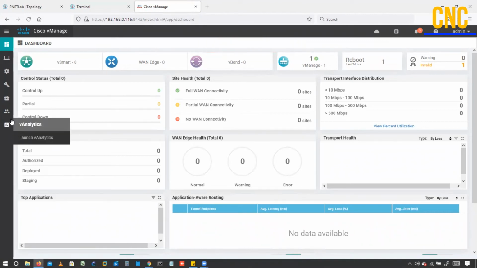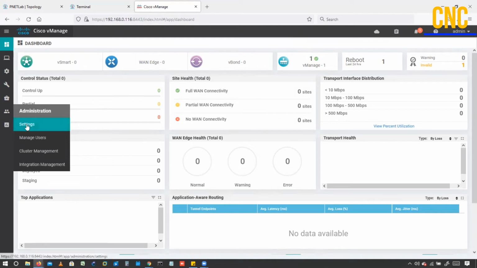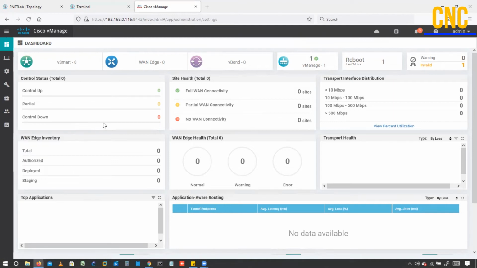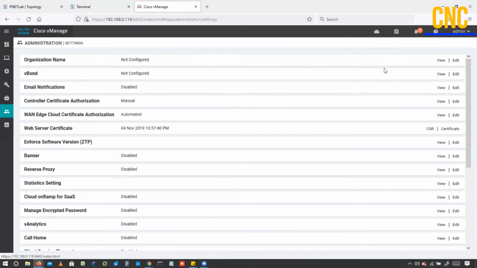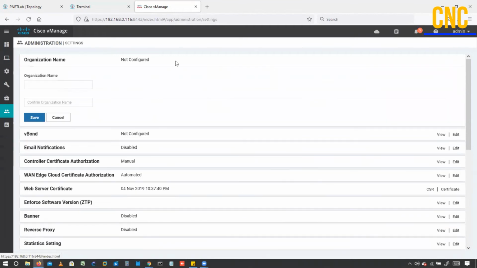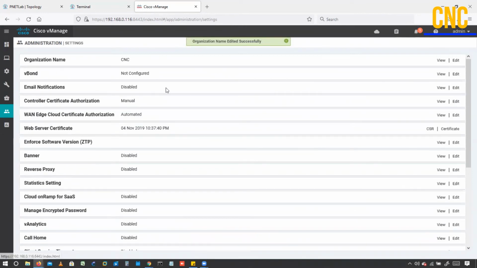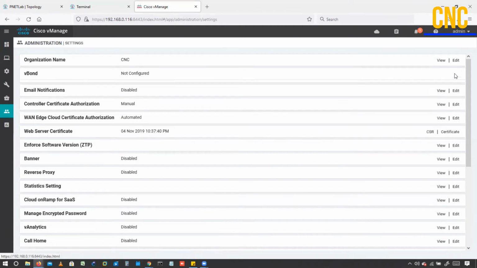Initially for the base configuration, go to the settings. Org name, just configure the org name here. We have to configure this definitely. CNC. Save.